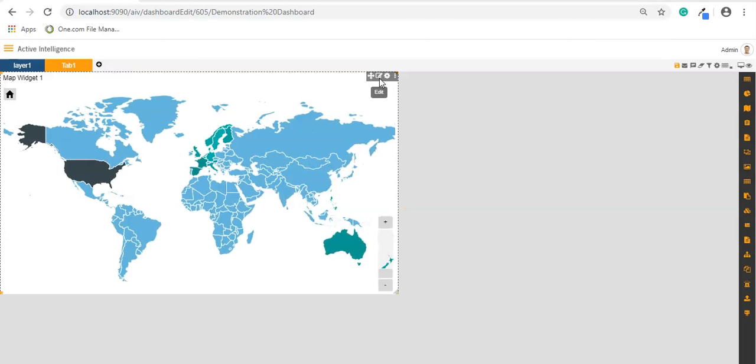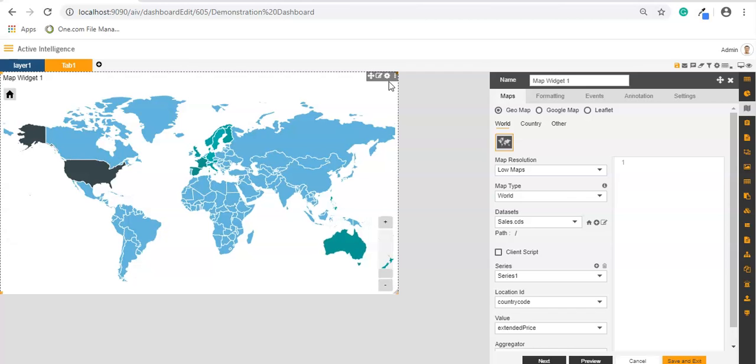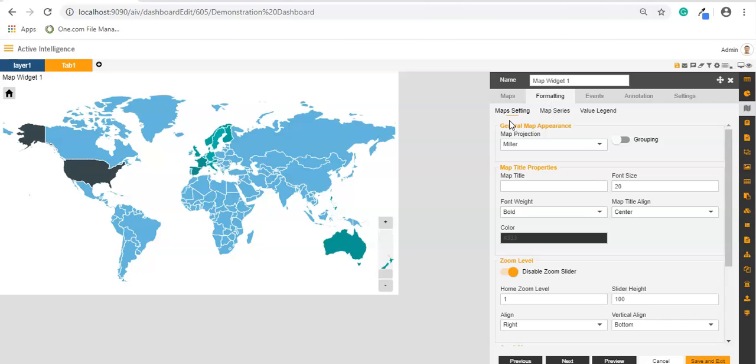To format a map, go to the Edit option, and from the Edit, select the Formatting tab. In the Formatting tab you will have three options: Map Settings, Map Series, and Value Legends. In the Map Settings, in the first section you can see the settings related to the appearance,